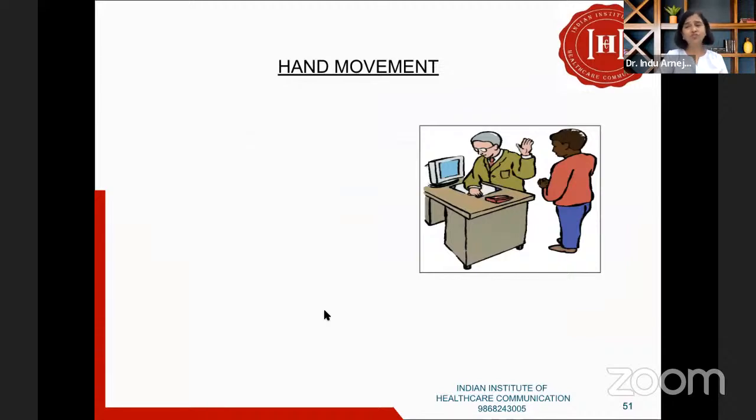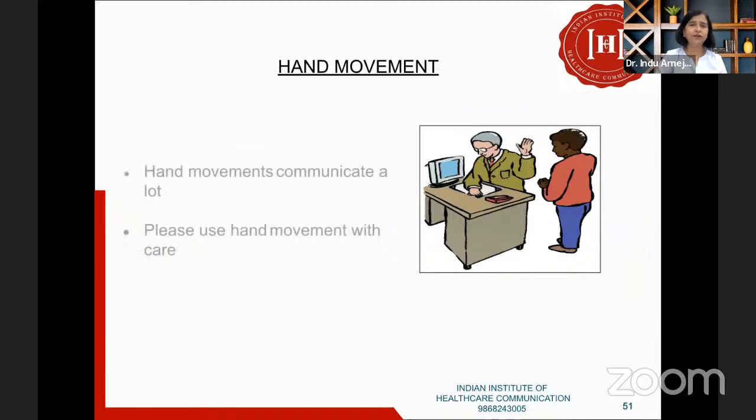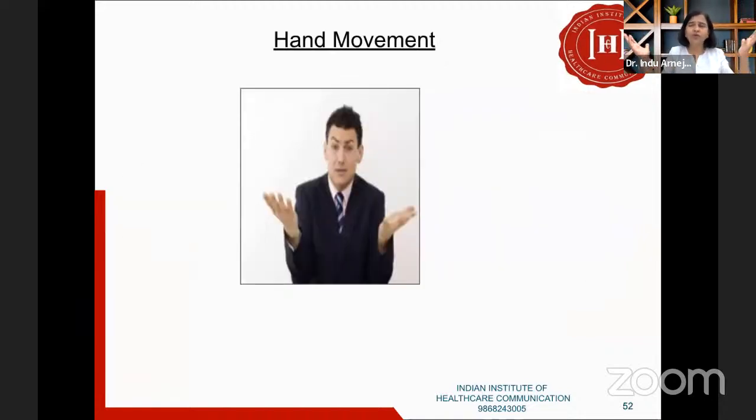Hand movements are also part of body language. Sometimes certain hand movements can be very offending, and we got to be really very careful. For example, when you do like this, it can be taken... Ma'am, sorry for the interruption. What was that signpost before touch? What does that mean? Signpost means verbally saying that I'm going to do this.